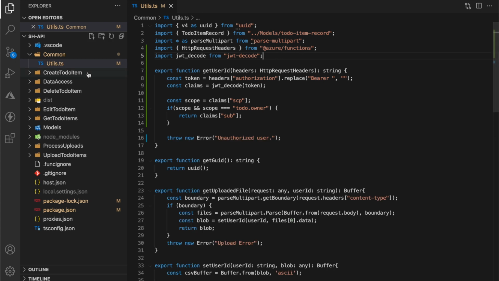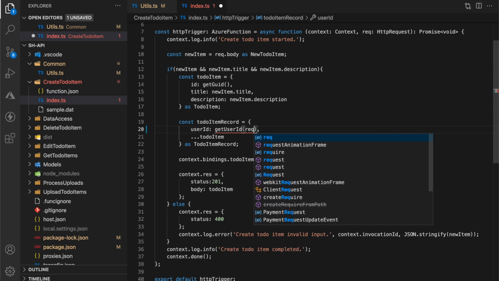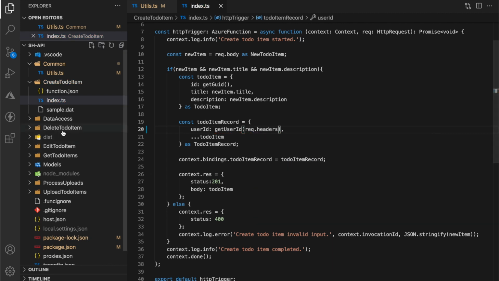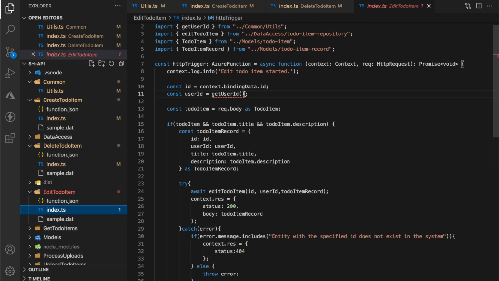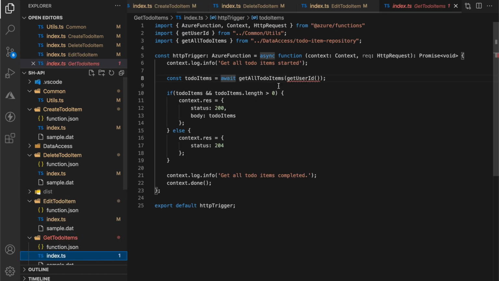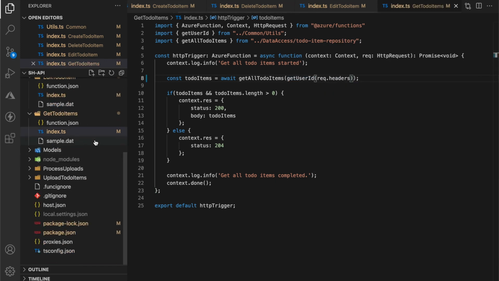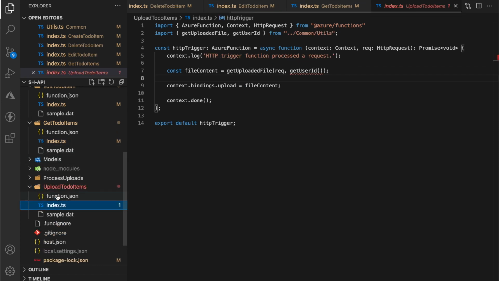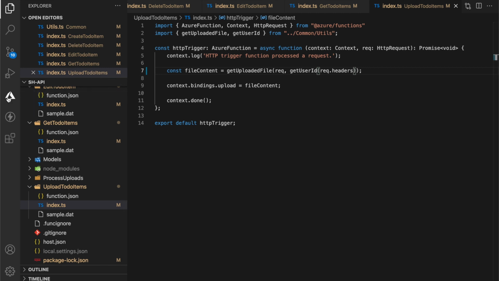Let's update all the function code to use the modified getUserID. Let's pass in the request headers. Let's save all the changes and deploy.